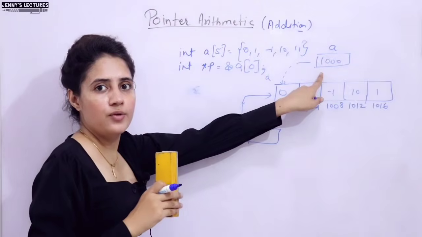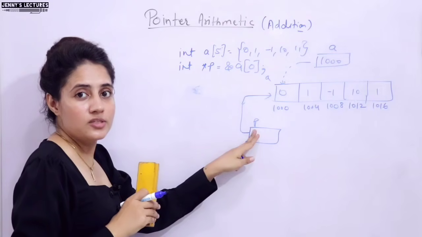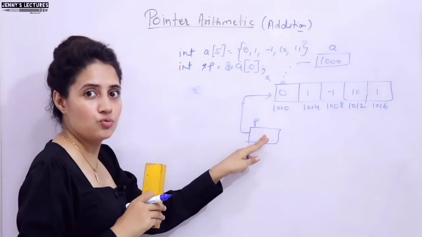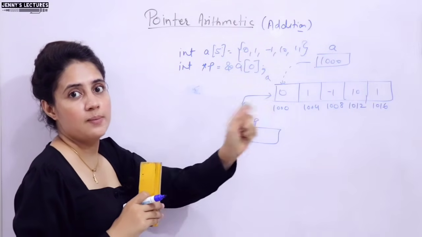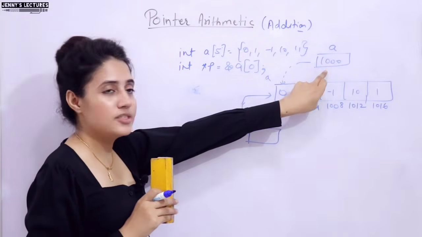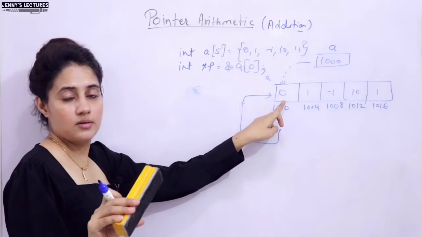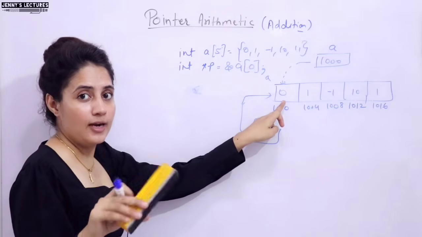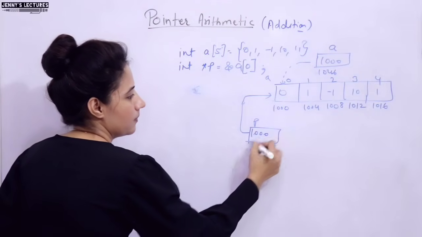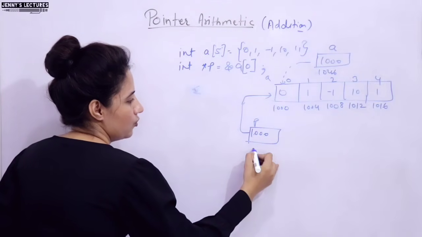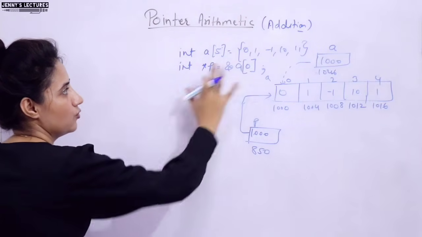But a is a constant pointer, we cannot do something like a plus plus or a minus minus, but with pointer p we can do p plus 1, p plus 2, right? But with a we cannot do this addition operation like a plus 1, a plus 2. That would be illegal. It is a constant pointer, it would always contain the base address. Always. That thing you need to take care, right? That also I will discuss with examples. Now p is containing 1000, right? And suppose the address of p is 850, right? This is the visual representation of this thing.